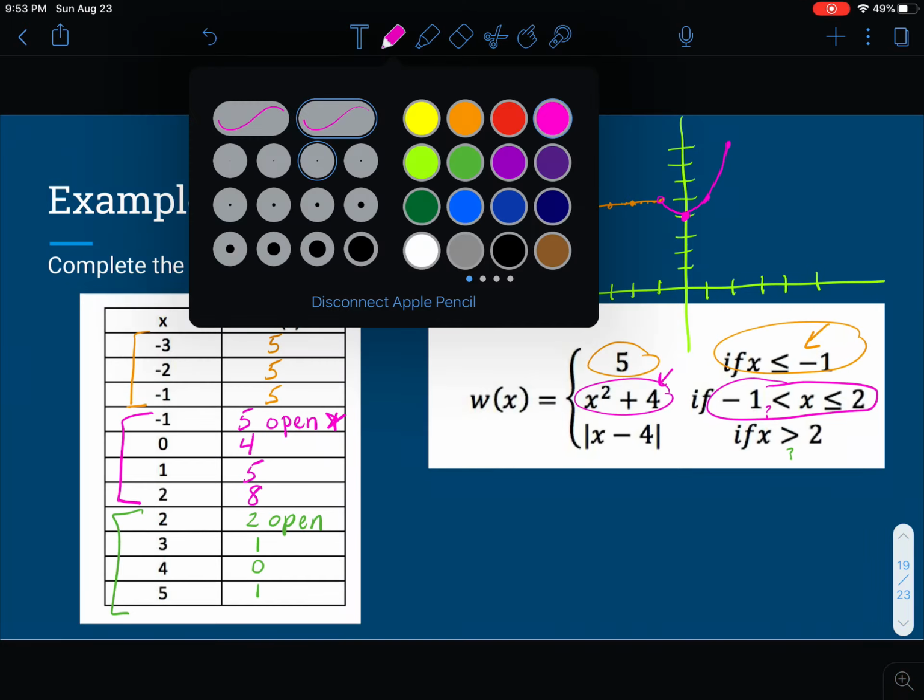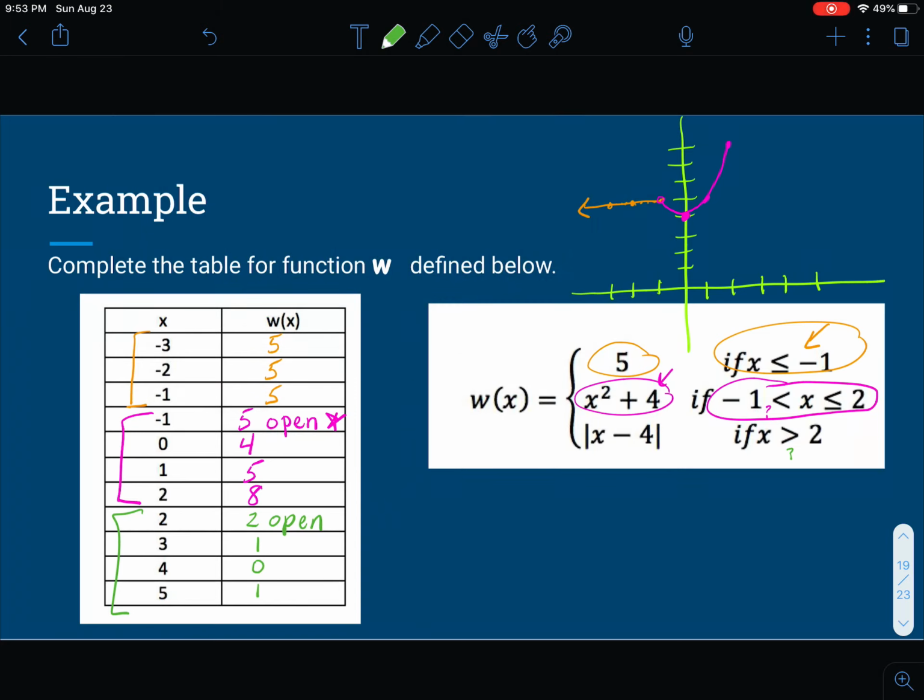Now the last one here is using this absolute value for x is greater than 2. Now we can see there's an open circle at 2, 2, so I'm going to go ahead and plot that open circle. Okay, and then it's going to be 3, 1, 4, 0, and 5, 1. Now it does go forever greater than 2, so I am going to continue this, and this will just be